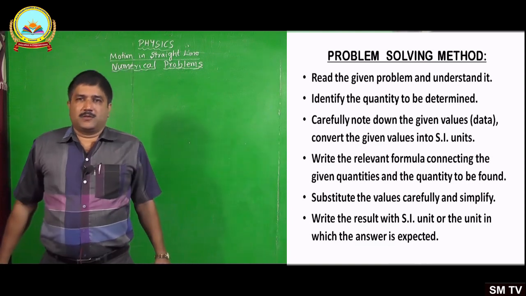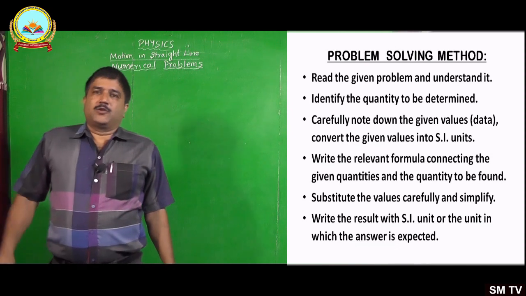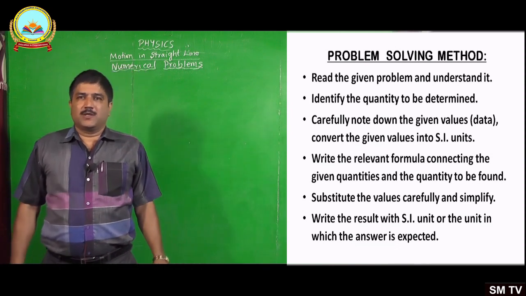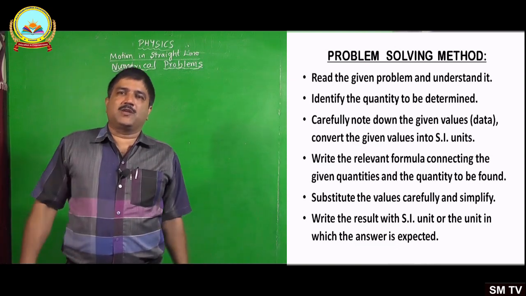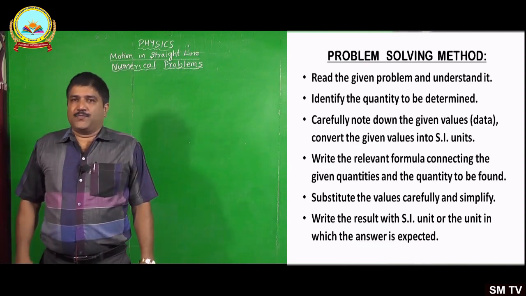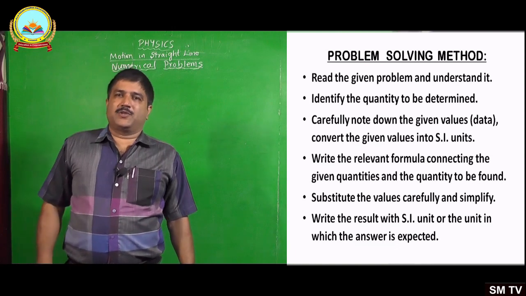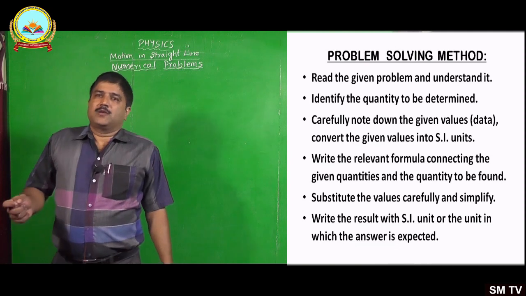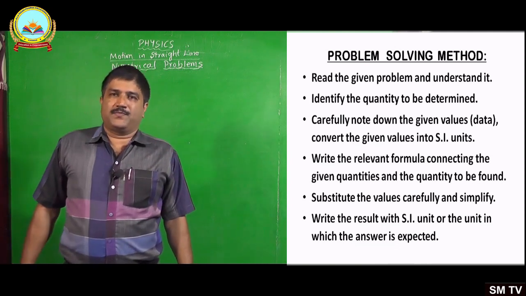The methods or steps to be followed while solving the numerical problems of 5 marks or sometimes 2 marks are as follows. Firstly, you have to read the question word by word and then copy the data or values, numbers with the relevant symbol, with proper symbol given in the question. Note down those values in the notebook or in the answer paper in the exam.